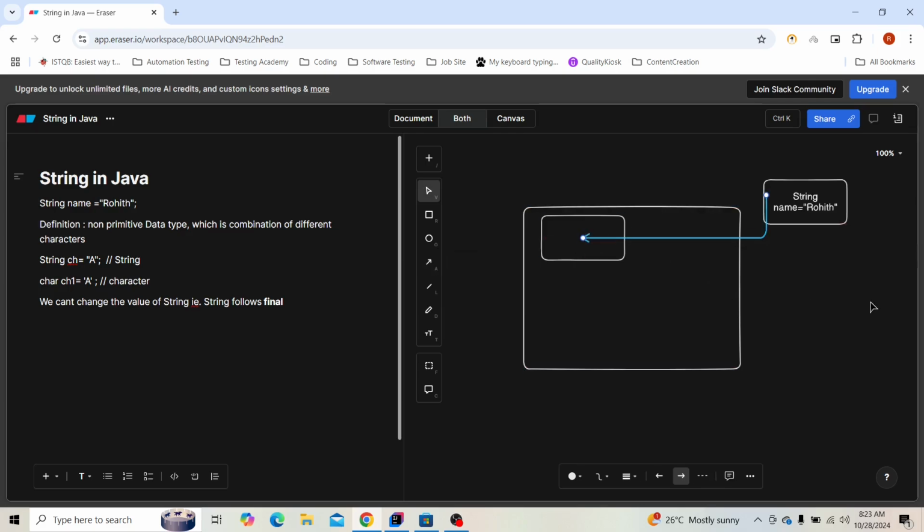Now when I create another string with the same literal,